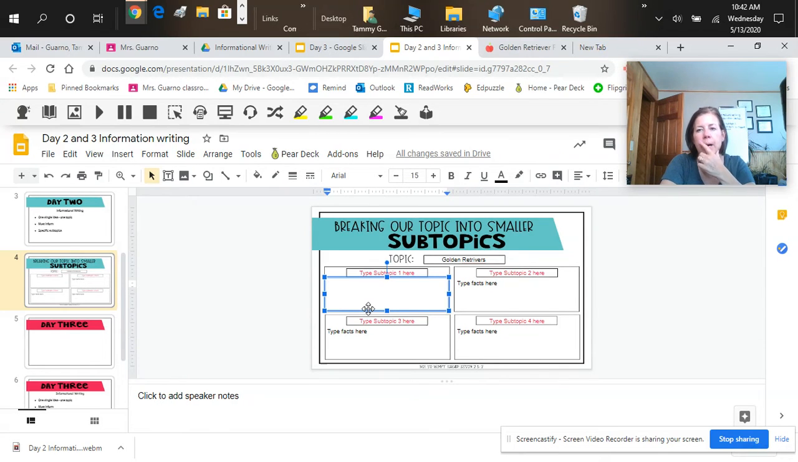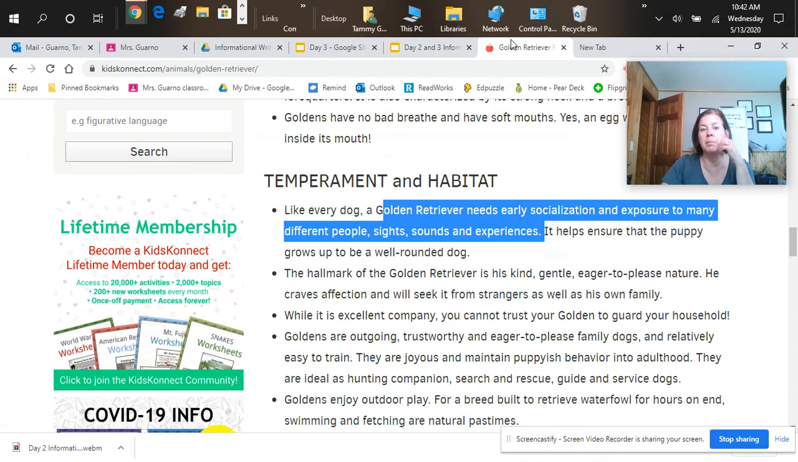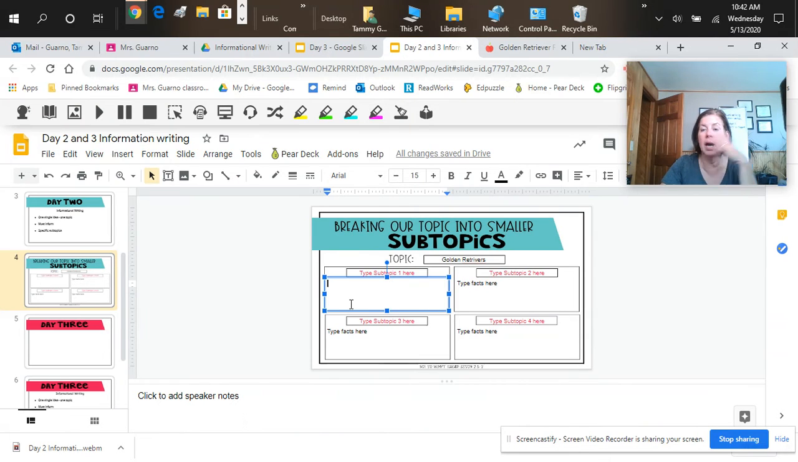So I'm going to think about how I can reword that in my own words so I'm not plagiarizing. Golden retrievers need early socialization exposure to many different people. Okay, so I'm going to come back here and put that in my own words and type it in. I don't know what I'm going to say. See, I can't even think of it. It takes time. You've got to just think about it and try to put it in your own words. And then remember, you're going to want another example of that too. So if I say that